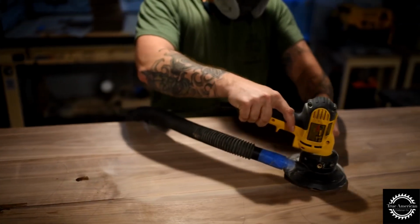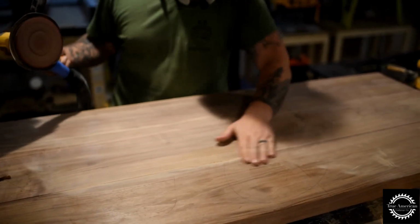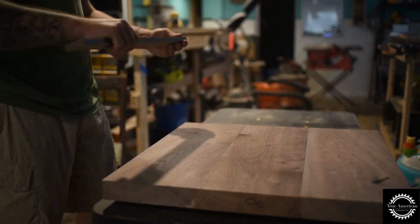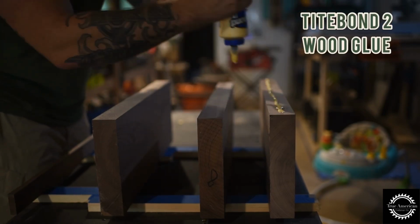Now this sander is different than my palm sander because to me it has more power, and it goes in circular motion, so it can really burn through some wood, which is great when you have those imperfections from a glue up. So I took a break from sanding because it was taking forever